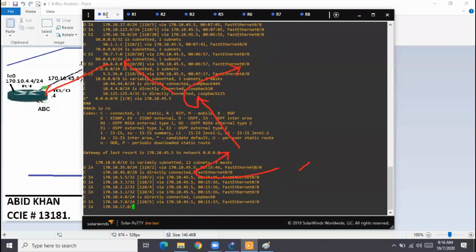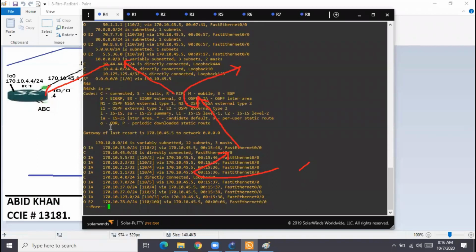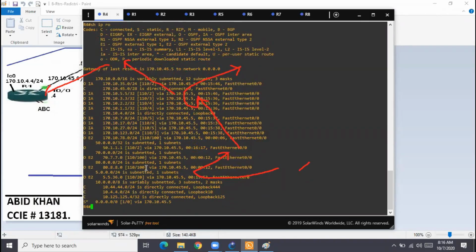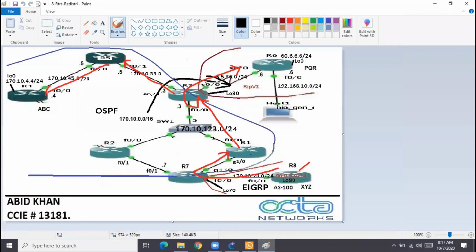Focus on network 80 only. Always you should focus. So I go to R4. Do you see 80? Now the metric for 80, all the redistributed routes, has changed. It has become 100, except this one. Why? Because this one is not coming from R7. There are two redistributing routers, R7 and R3. We just told R7 to change the metric. This is just to show you; there is no reason.